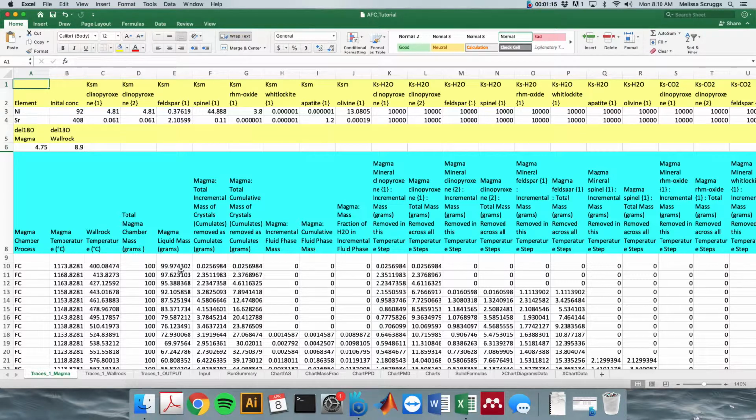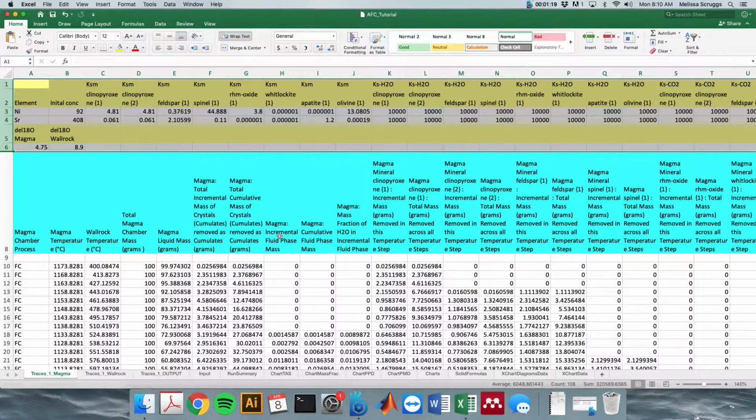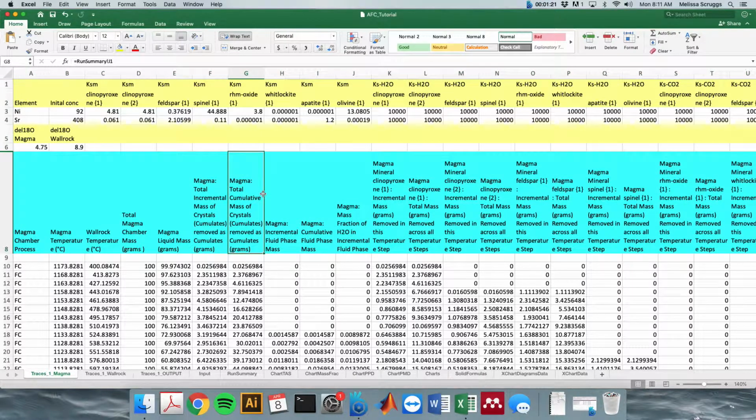All of that information is here in the first 6 rows of our sheet, and it's got headings that are in yellow. It's actually been quite a while since I've made the last video, so I sure don't remember off the top of my head what my specific input parameters were. But I can look up here where the headers are yellow, and I can see that my magma subsystem had an initial concentration of 92 ppm nickel and 408 ppm strontium. I can also see the mineral-melt and mineral-fluid partition coefficients that I assigned for each trace element and